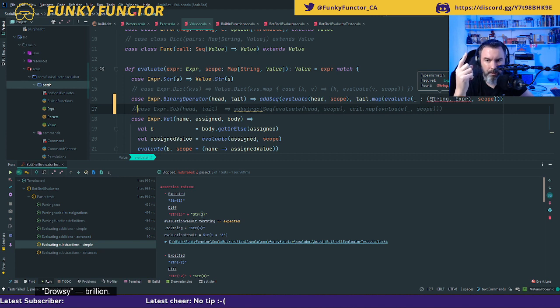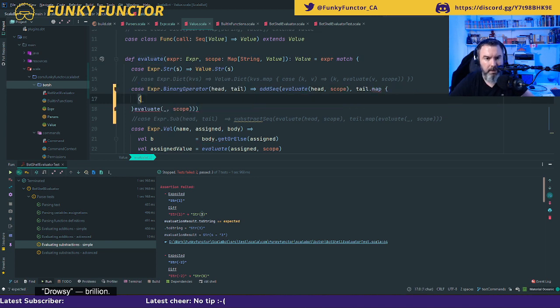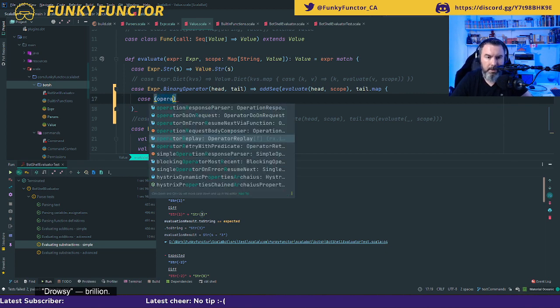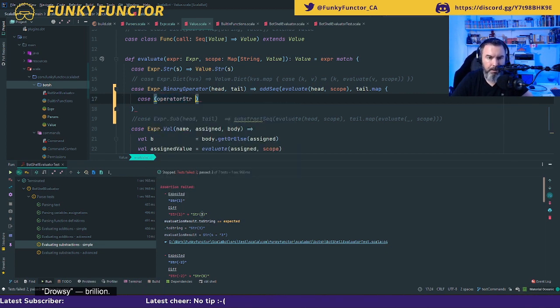So what I want to do is, okay, I'm going to take this sequence of tuples. So case operator string and expression, and I want to evaluate the expression. Good.